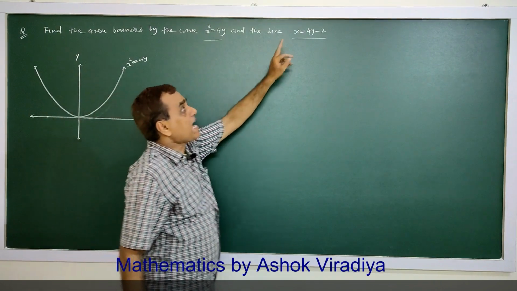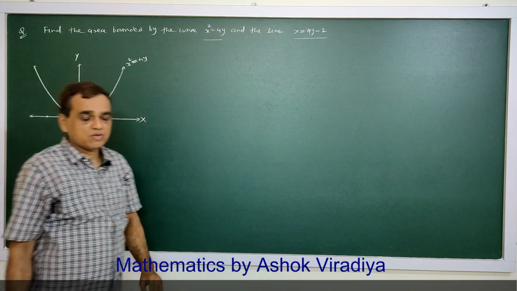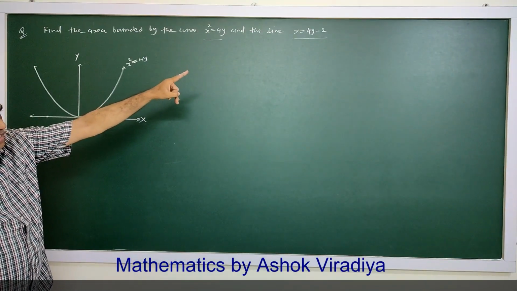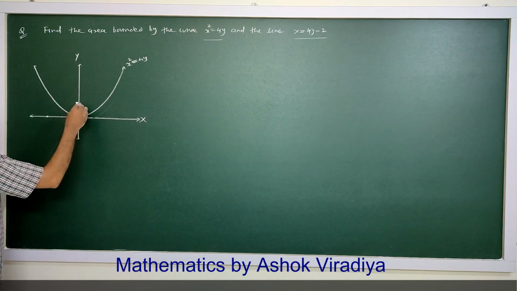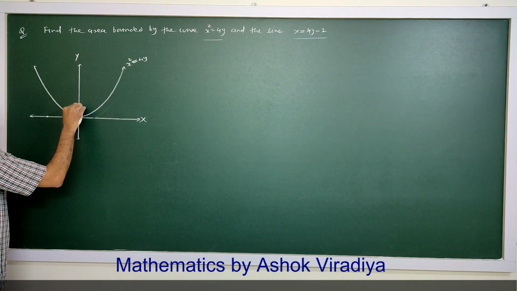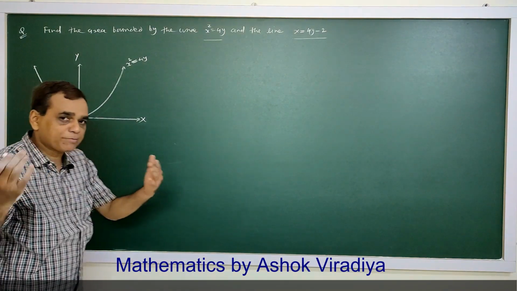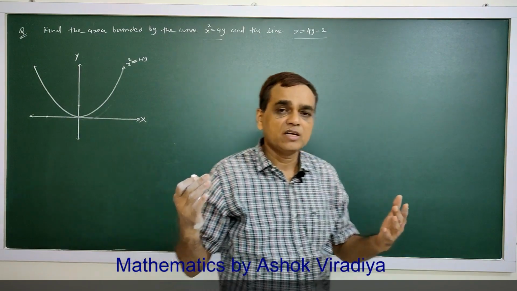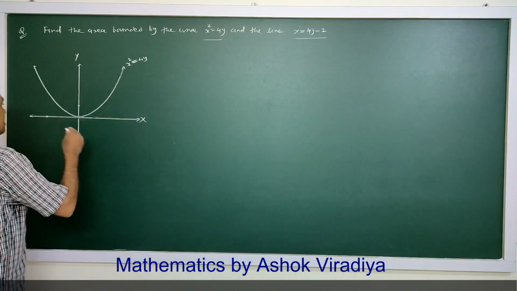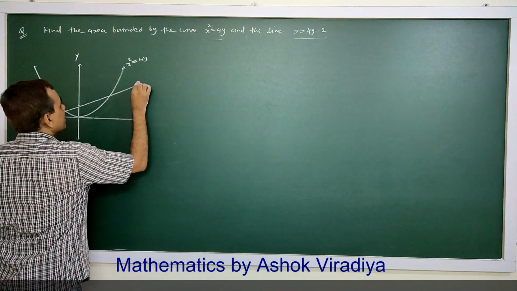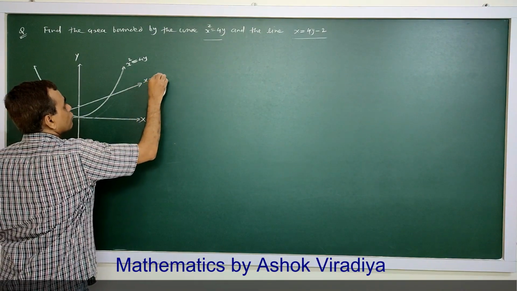And if we keep x 0, then y is 1 by 2, so the y intercept is positive, somewhere here, y is 1 by 2. So by getting the intercepts made by the line on the axes, we can know its actual location. Joining these points, we draw a straight line. This is x equal to 4y minus 2.